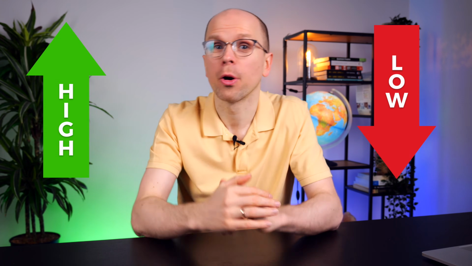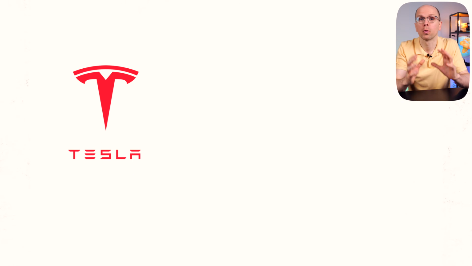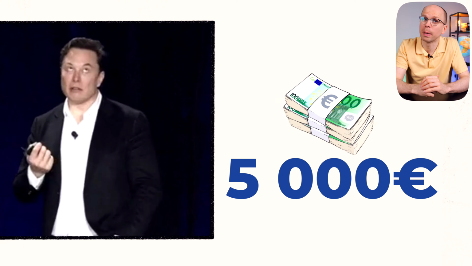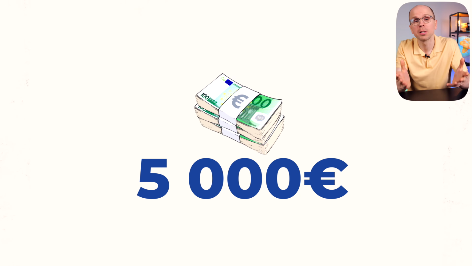Okay, so first, capital gains tax. This is basically a tax on buying low and selling high, okay? If you manage to buy something cheap and sell it more expensively, you pay capital gains tax on the profit. For example, let's say you bought Tesla stock for 10,000 euros and later sold it for 15,000. Well, Elon just made you 5,000 euros richer, but you've got to pay capital gains tax on that. With some exceptions such as Switzerland, Belgium, Cyprus, and the Netherlands, most European countries will tax your capital gains from